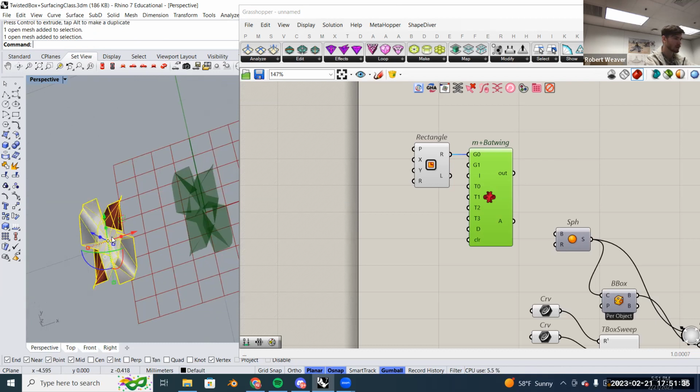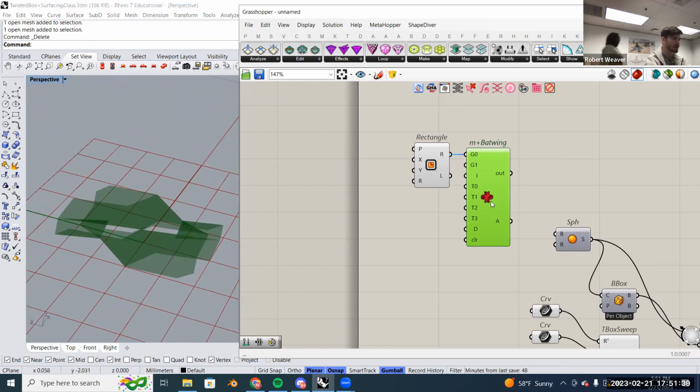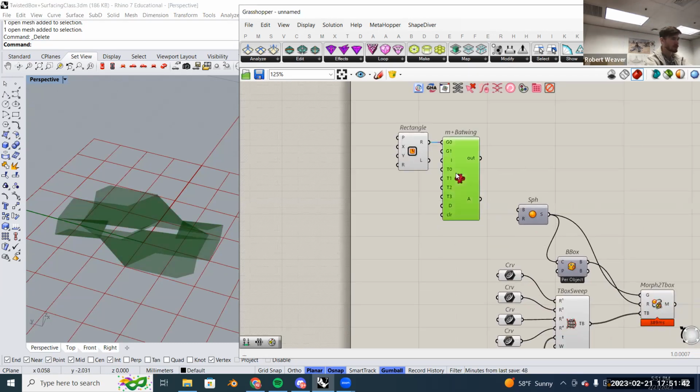So just leave that out of Rhino. All we need is this green component in Grasshopper to be showing up. Okay, so